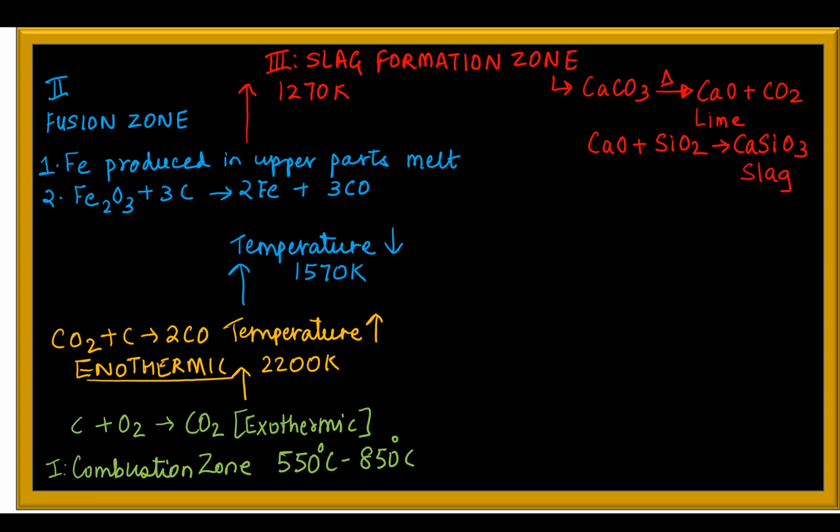Okay, so these are the two things that are happening in this slag formation zone. First is the thermal decomposition of calcium carbonate into calcium oxide and carbon dioxide. Then the calcium oxide, or the lime that is formed, further reacts with silicon dioxide to form CaSiO3, which is